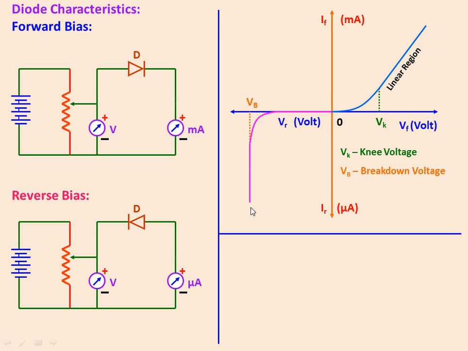Until this point, even though you are increasing the voltage, because of the minority charge carriers the current is almost 0. But later on, when you keep on increasing the reverse voltage, the value starts increasing a very little, feebly. And this current is because of the minority charge carriers. But if you still cross a particular value, which I have mentioned, it's called the breakdown voltage.